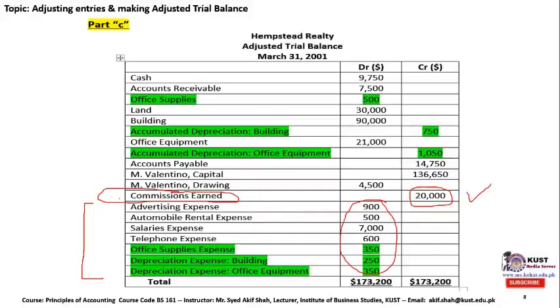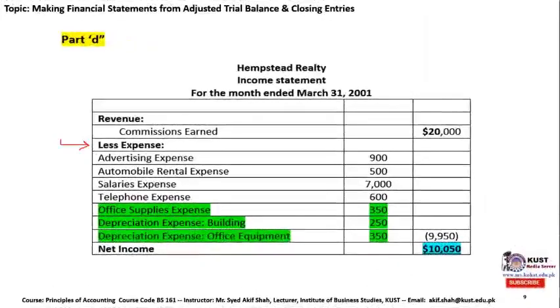So let's bring all this title to the next step. Under the heading of less expenses, you have to clearly mention all the titles of the expenses, as well as in a straight fashion, you have to write down the relevant expenses values. So after adding all the values in the rough section of this income statement at the left hand side, you can insert a single line beneath these values and sum up all these expenses